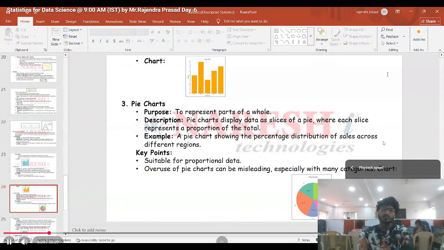Clear? See, when you are going to do this exploratory data analysis in real time, again you go through this particular thing. There you might do it using Matplotlib and Seaborn and SciPy, but here we are going to do it using